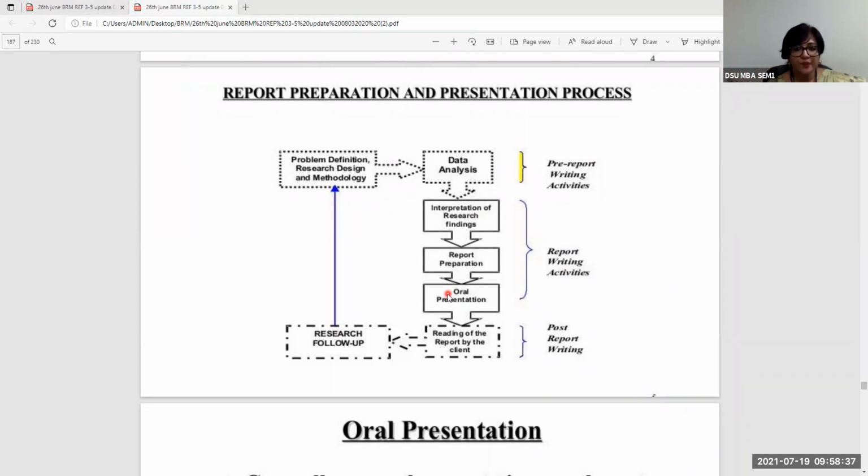Tomorrow I'll show you a sample of a research report that has been done. So chapter 1 basically will talk about that. Chapter 2 will be talking about some secondary data or review of literature. Third chapter will be about research design. Fourth chapter will be about data collection, and the next chapter will be data analysis and interpretation, and the last chapter can be conclusions. But before and after this there are also some preliminary pages, title sheet, declaration sheets, plagiarism report sheet, all of that, which we'll look at later. And the end of the research report can be references and bibliography.